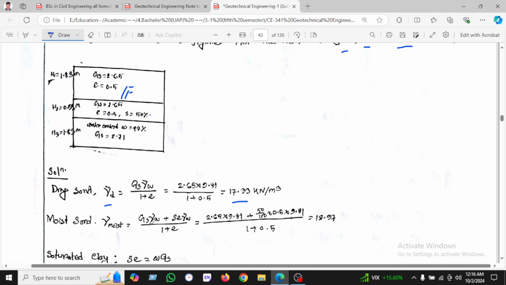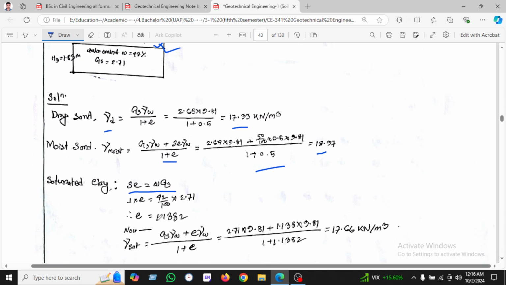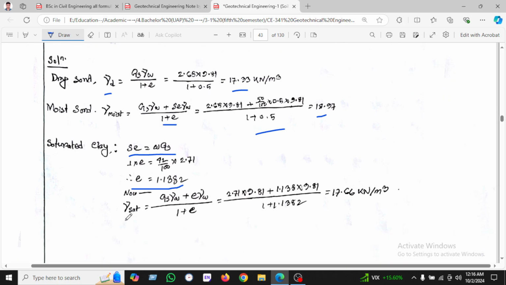We have Gs gamma w (1 plus w) over 1 plus e, all the data is given here, and putting in these values we found 18.91. And for saturated soil we know S equals omega Gs, and in this way we found the void ratio 1.138, and saturated unit weight will be (Gs plus e) gamma w over 1 plus e, and found